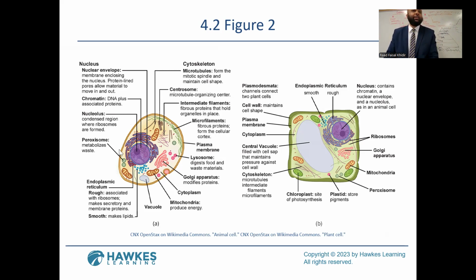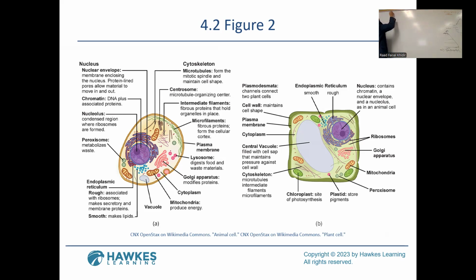Then there are the peroxisomes. The peroxisomes, they metabolize the waste. So they recycle. So peroxisome makes peroxide, hydrogen peroxide. So if you have something really poisonous and toxic, an agent that is really poisonous, a chemical that is very poisonous and toxic, such as, who can name for me a very toxic and dangerous substance known as the